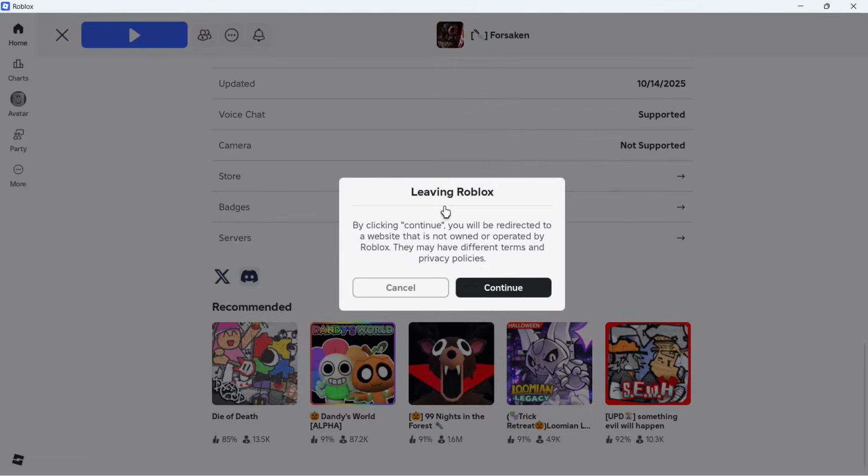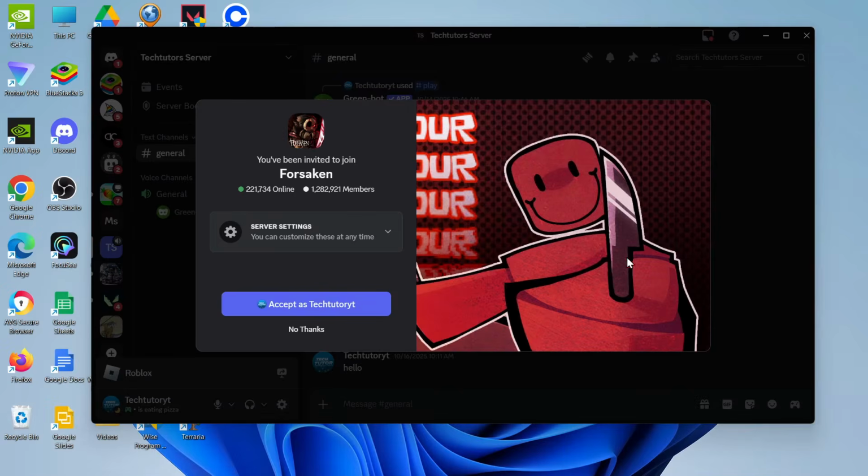It's going to give you a message like this, saying by clicking continue you will be redirected to a website. So basically you're just leaving the Roblox player and it's going to open up the invite link in an internet browser. So at this point click onto continue, and what's going to happen is it's going to open up the